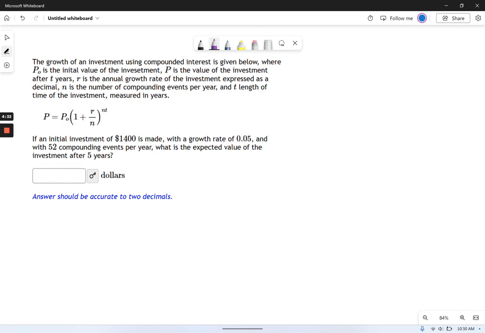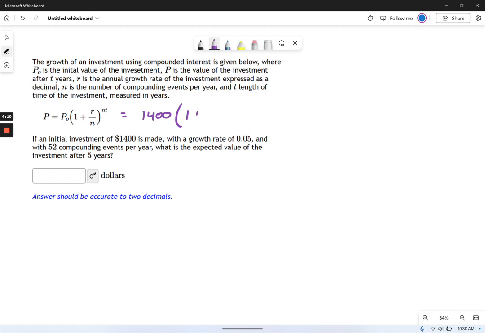So if you haven't already, read this paragraph over. I want you to understand what variables are what. Okay, each of these variables has a meaning. And now I'm just going to show you how to plug this stuff in. So the initial investment, $1,400, that's P with a little 0 under it. Okay, so this is going to be equal to 1,400